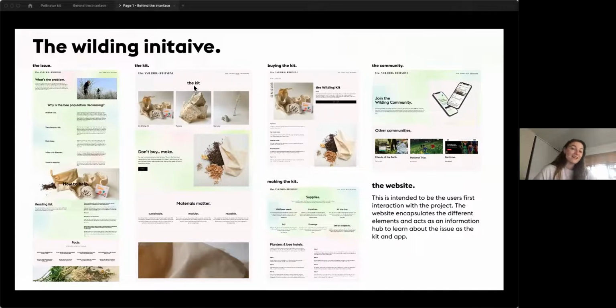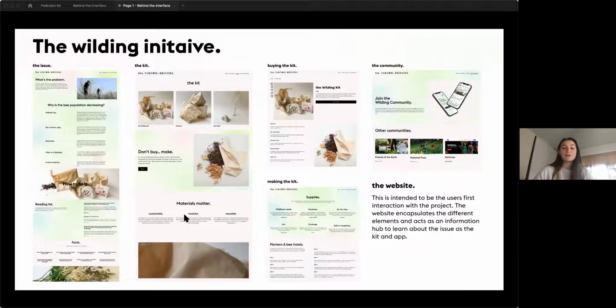And I created this kit to allow people just to throw them on window sills, and it should work as a harmonious habitat by itself, with the user or participant just watering it every once in a while, making sure it's all okay and cleaning everything once a year, and then it should be good to go. But I wanted this focus to be on materials because I think